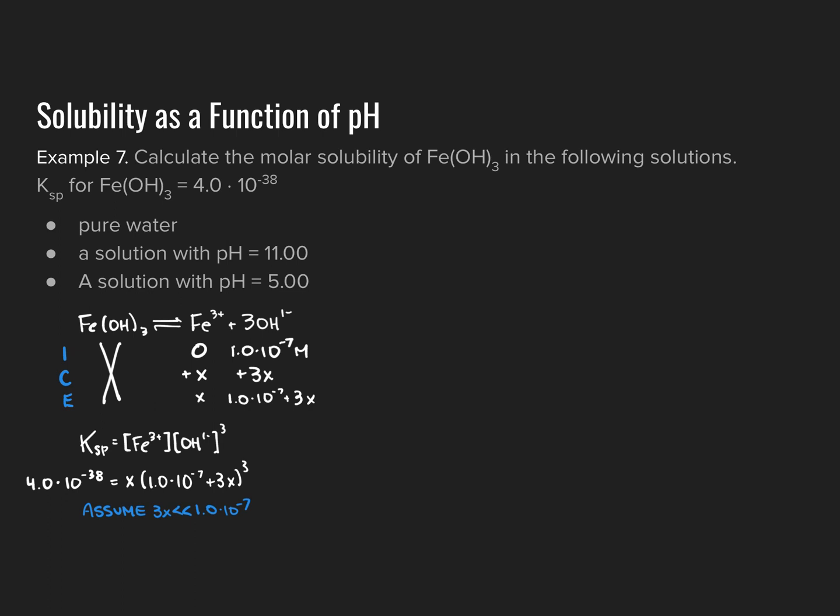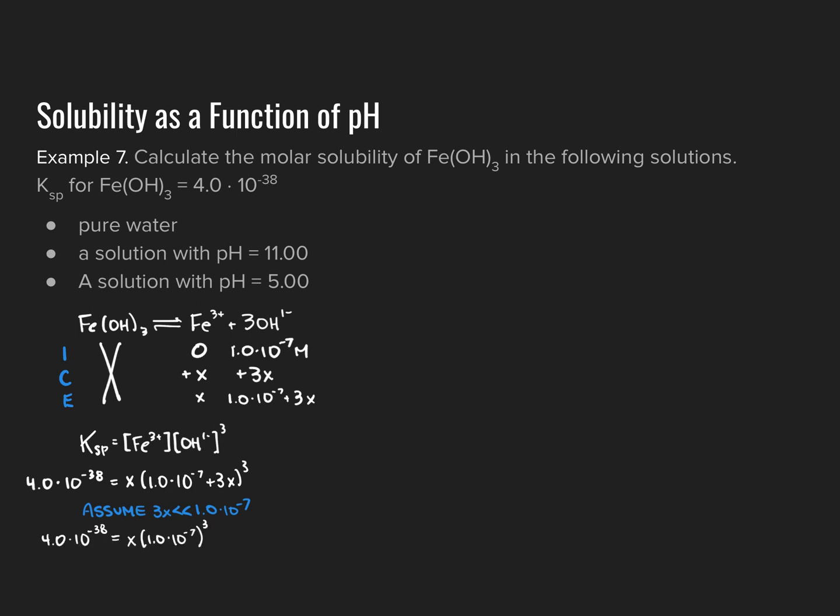Now this might seem like a tricky assumption to make because, again, that initial concentration of hydroxide ions is not very high, but remember, this is a very, very highly insoluble solute, implying therefore not very much is going to dissolve, and therefore my x value is probably going to be pretty small based upon the tiny value of that Ksp. So if I make that assumption, my equation simplifies down to the Ksp of 4.0 times 10 to the